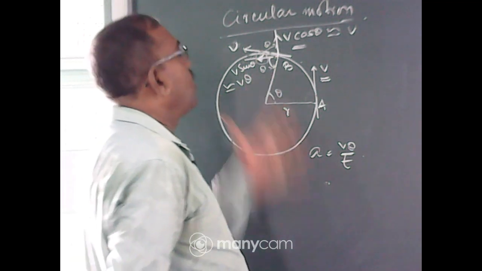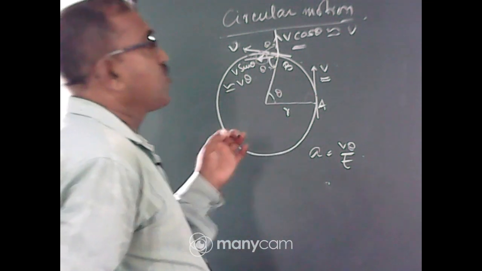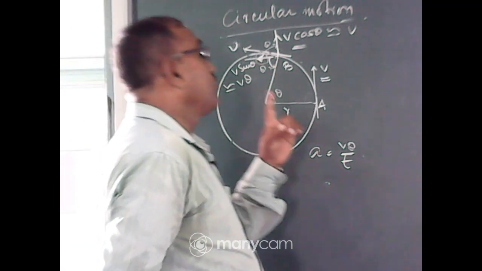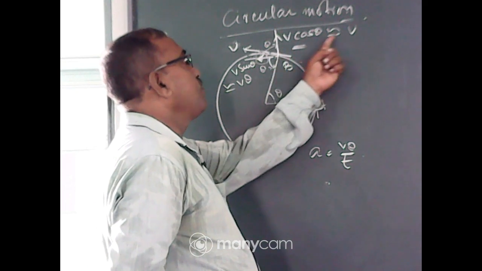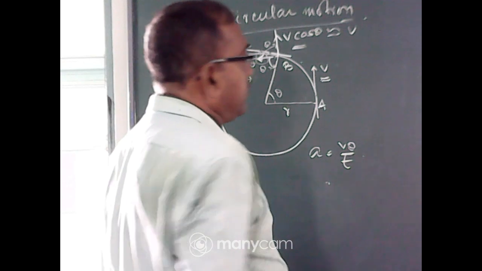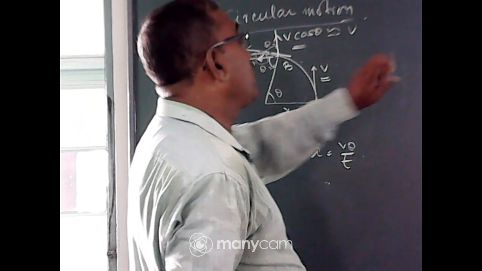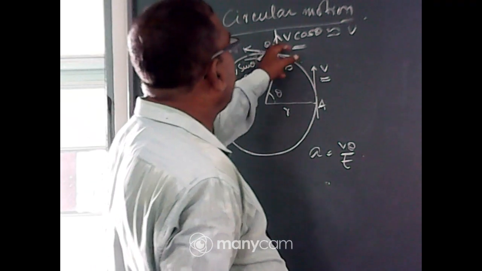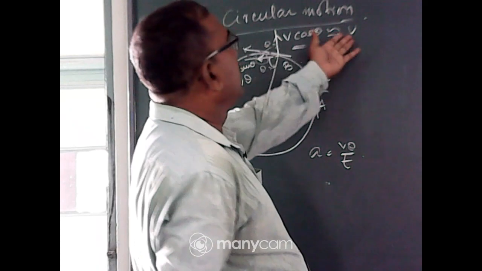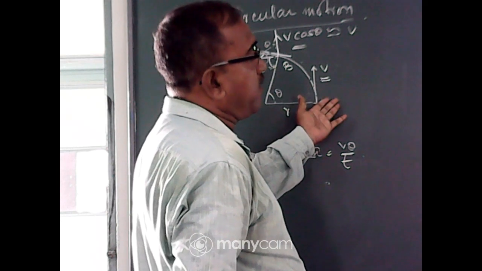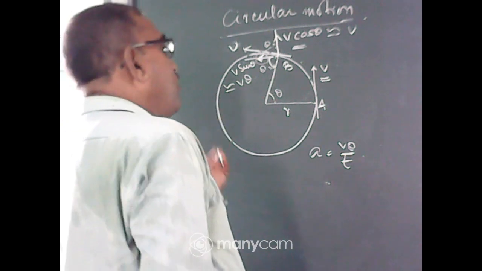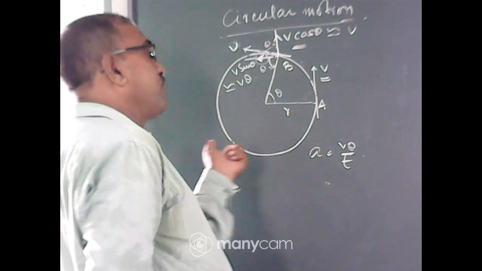Theta is very small. So, as theta tends to 0, cos theta equals 1 and sin theta equals theta. So, v cos theta is almost equal to v and v sin theta is almost equal to v theta. You check here, you start with a velocity v and you see this and that are parallel, so those are equal. Okay? So, the particle moves along the circular path with a constant velocity.